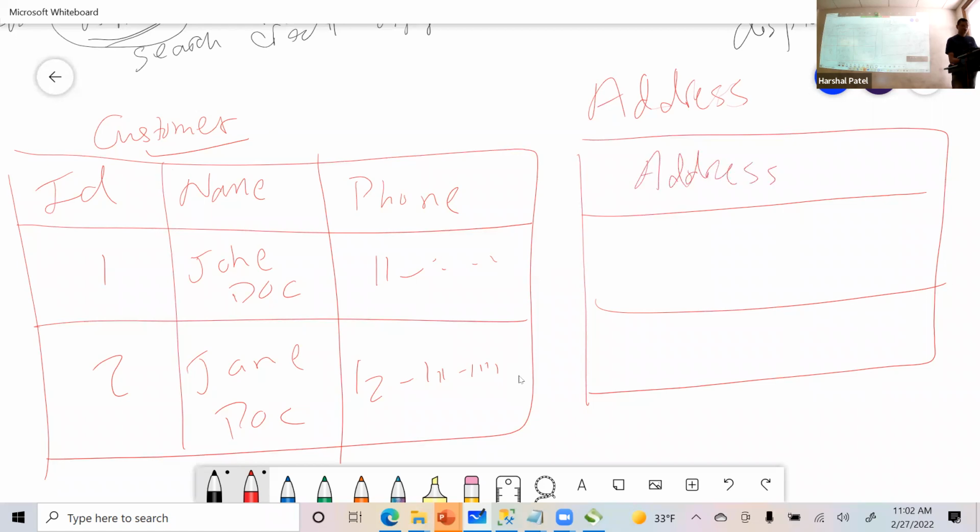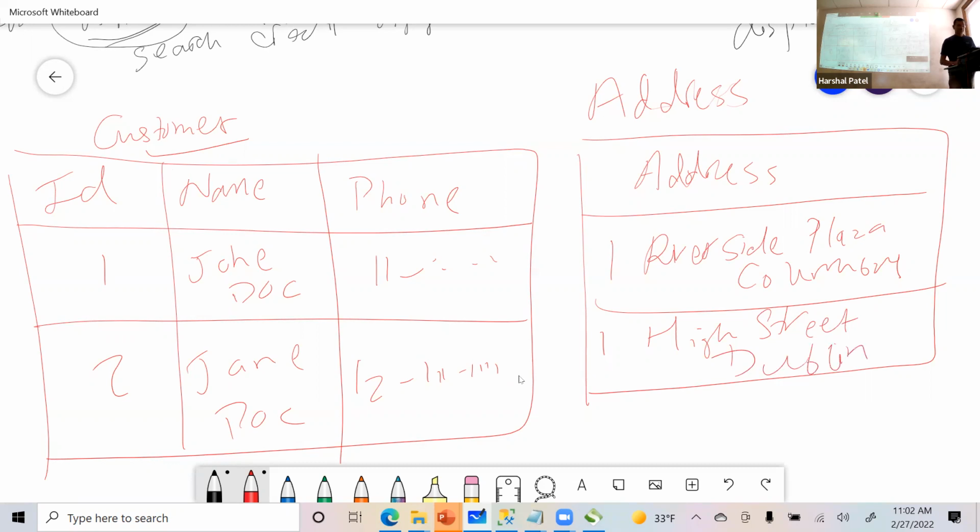It has one Riverside Plaza, Columbus. The second one is 1 High Street, Dublin, doesn't matter. So this is how I have organized the information. So looking at this table, can I tell which address is